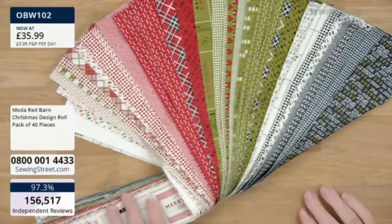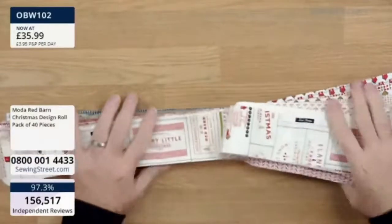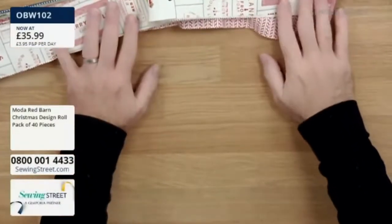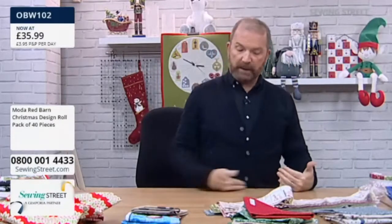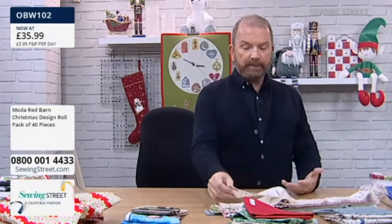One of my favourite things to do actually with 2.5 inch strips is to make a strip pieced Christmas stocking, and the way you do that is just to cut out a Christmas stocking shape, but probably about 1 inch on all sides bigger than you want the finished Christmas stocking to be. Okay, you can put some backing fabric on as well,